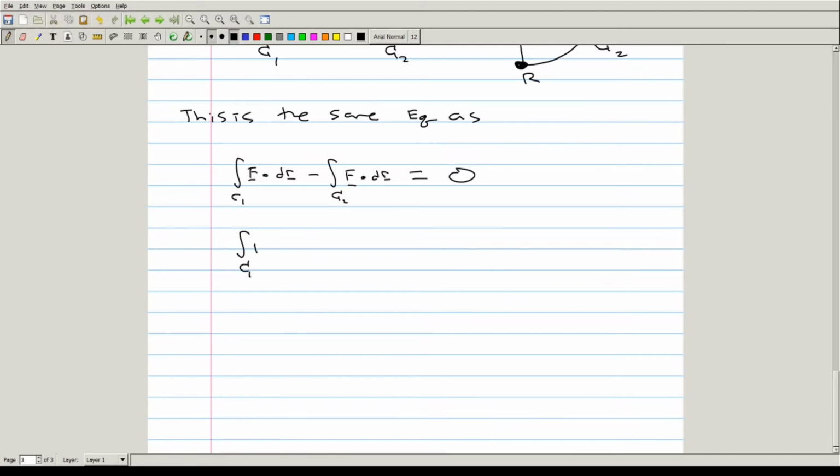This is the same thing as the line integral over C1 of F plus the line integral over C2 traversed in the opposite direction of F,